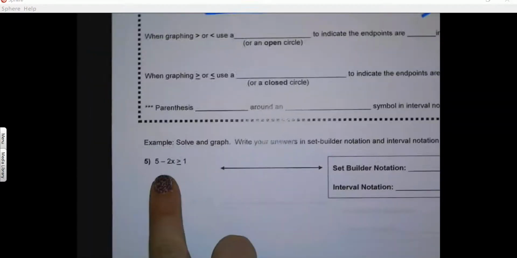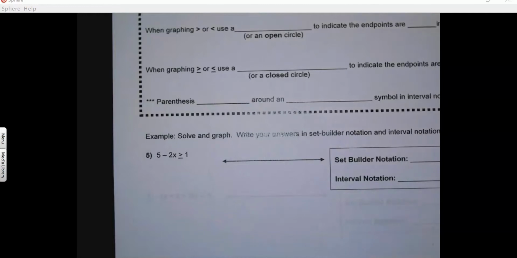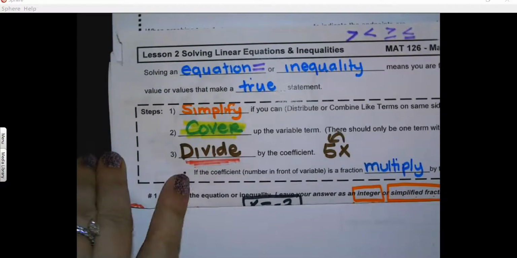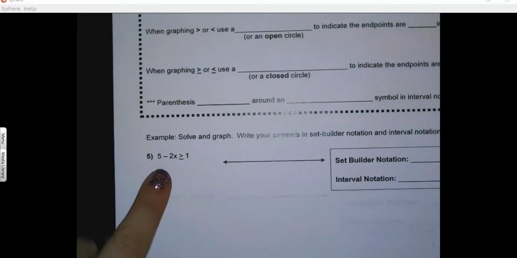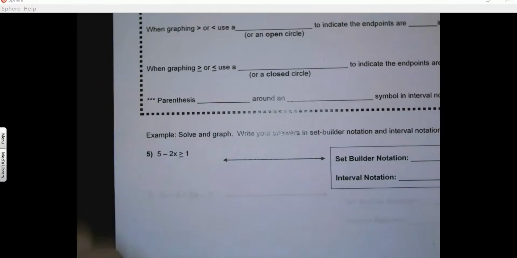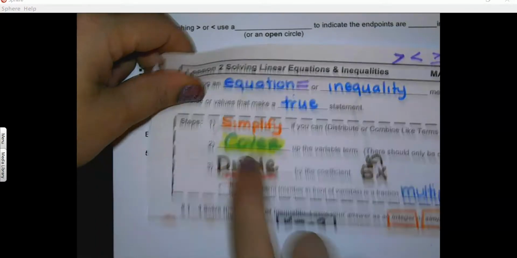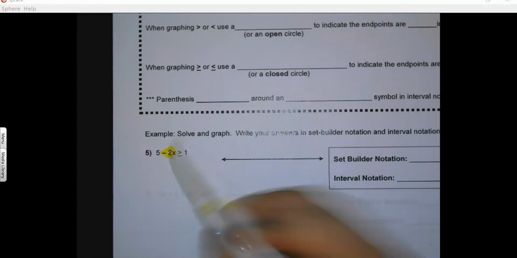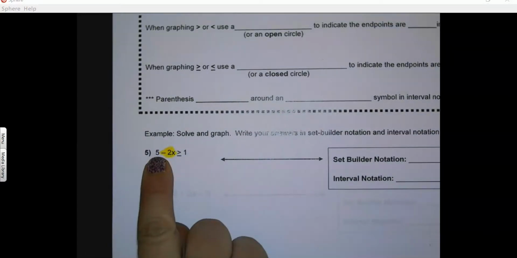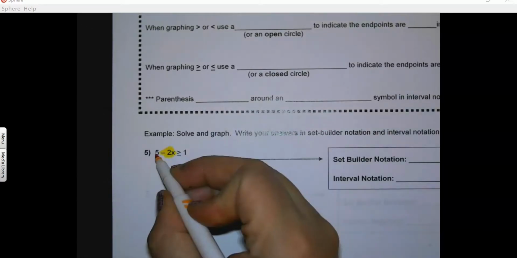Let's go ahead and try example 5 here. We're going to use these steps from the beginning, our first page of our notes. Simplify if we can. In this problem here, we can't. Step 2, we're going to highlight the variable. I'm going to highlight where the variable is. And there's that 5 in the way there. To get rid of 5, if I have 5, I have to